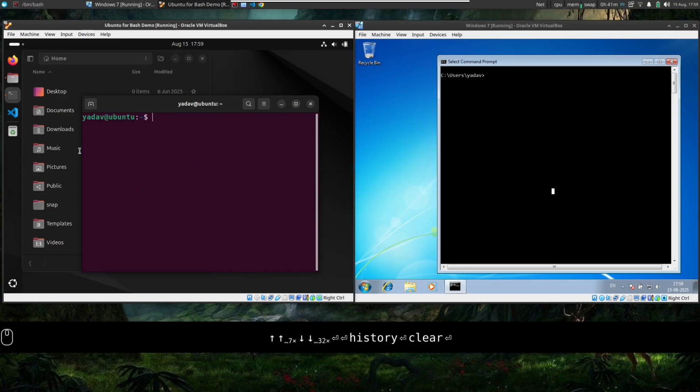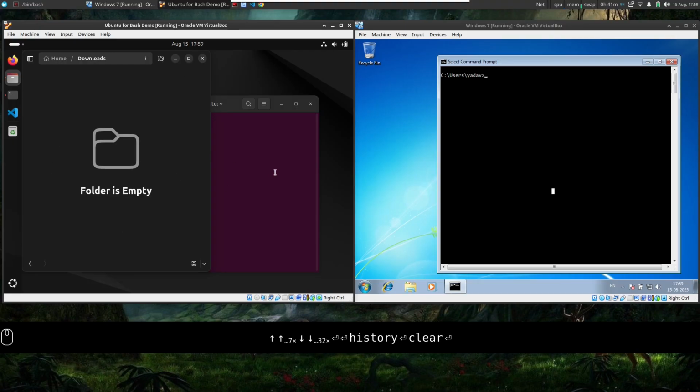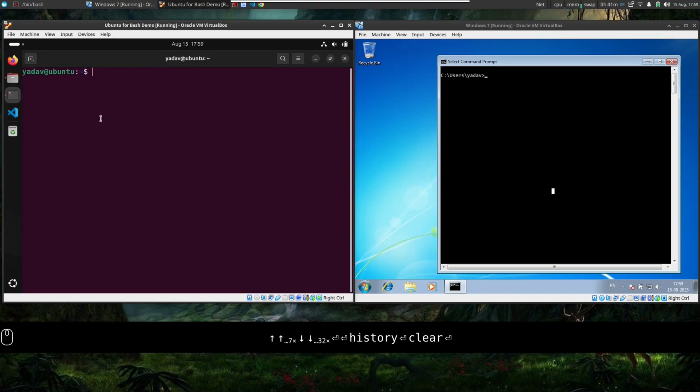Now, let us go to this folder, downloads. As of now, it is empty. How can I go to that folder on the terminal? I can do a cd. What is the location of downloads now? See, I was in my home directory. From the home directory, I went to downloads. Where is my home directory? It starts with the whole directory structure, slash. From slash, we have home. In home, we have my directory, my home folder, Yadav. And in Yadav, we have downloads. This is one method. The second method is I could have just done this one method will stay here.